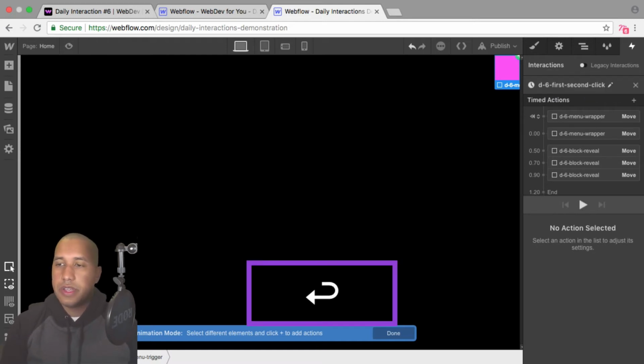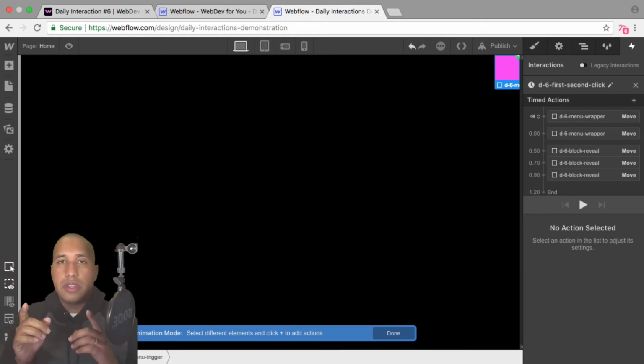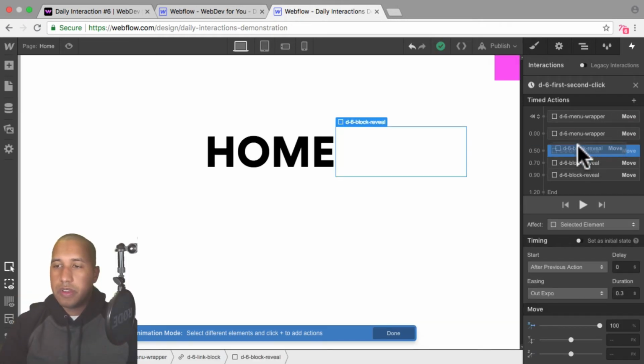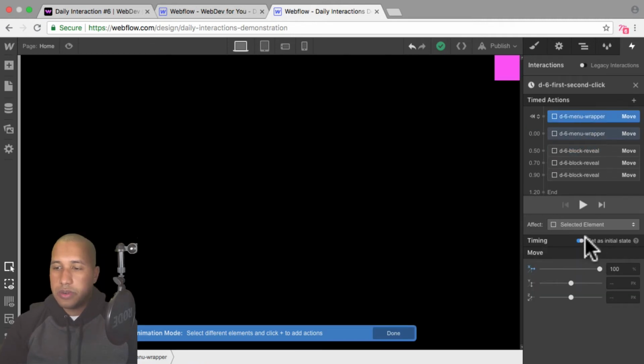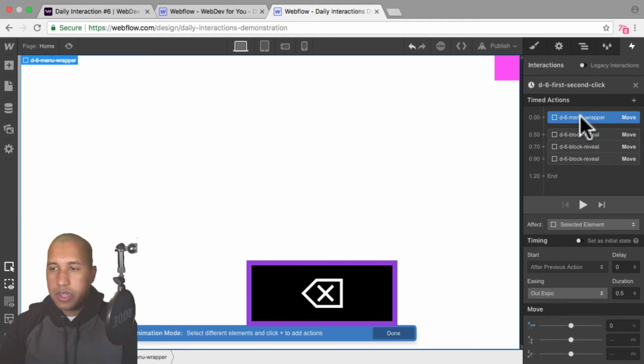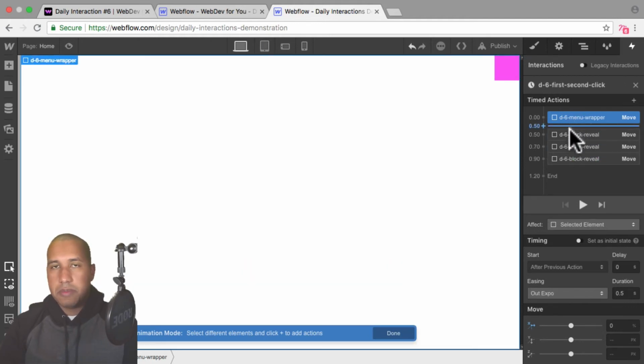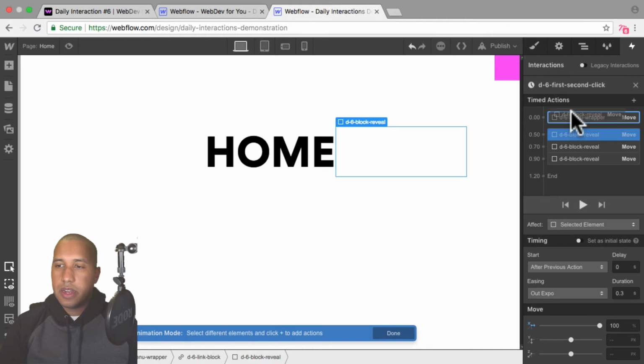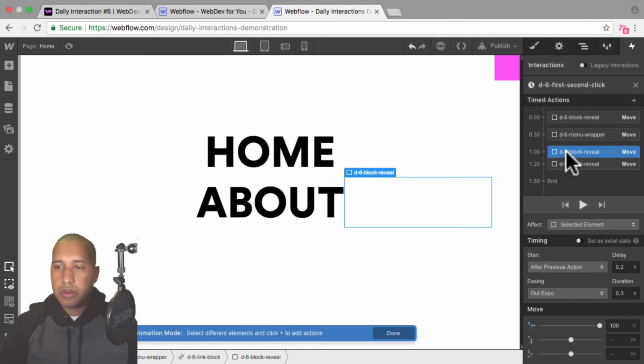So for this, what I want to occur is I want the block reveals to cover the menu items first, and then the menu to close. So all I have to do here is move everything up. I'll move, and actually for this, I don't need it to be an initial state, so I'm going to remove it as the initial state. I'm wondering if I need this here. No, I think we can delete this. I'll go ahead and delete that first timed action that had the initial state, and then I'll just reorder these block reveals.